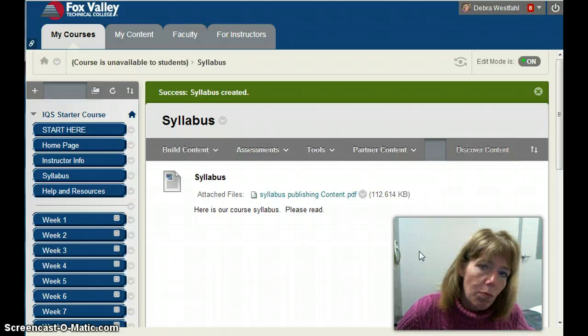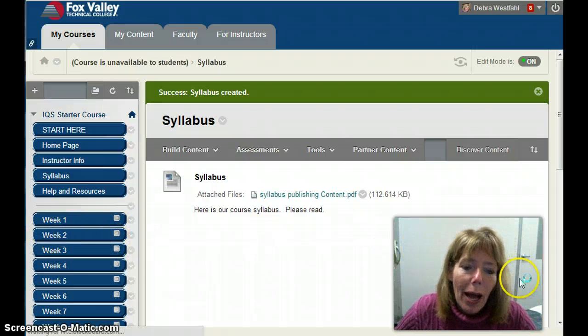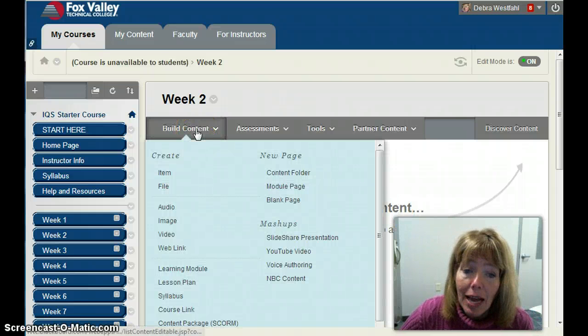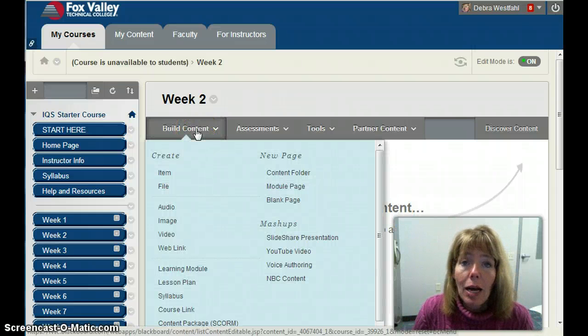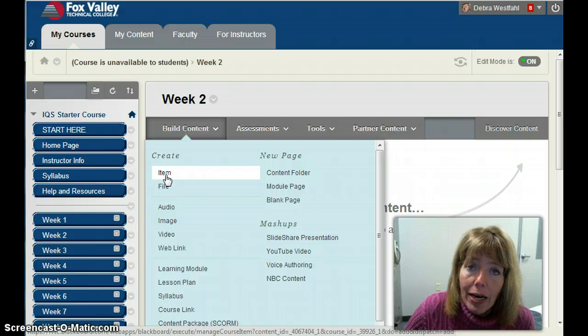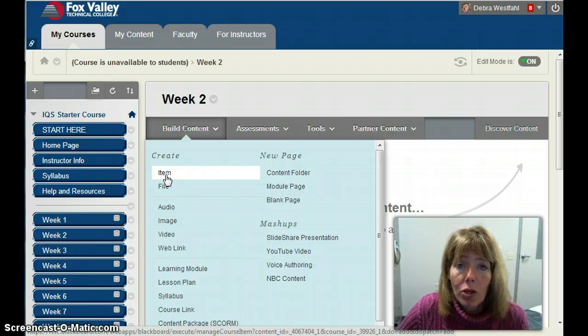Let's go down then. I believe we'll be working in week 2, and again, I can build content with the buttons at the top. Let's say I'm going to have people work with a Word document. Maybe I want them to read it, or I want them to do something with it. So what I'm going to do is I'm going to add an item. So this is very much like adding the syllabus was. I'll add an item,